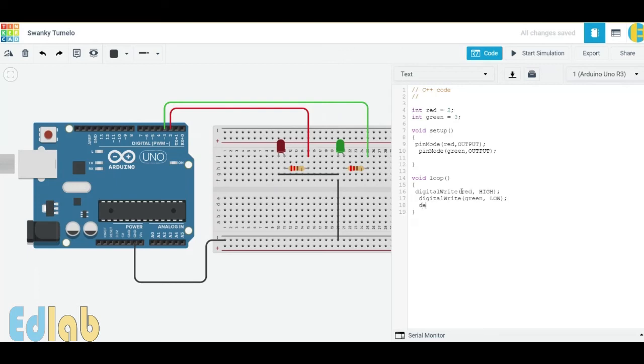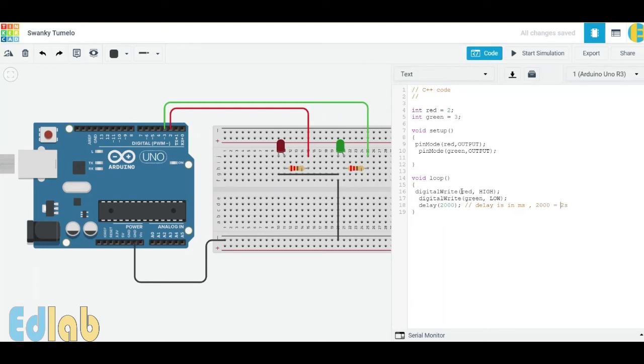Okay, now the delay command. The delay command is used to provide a delay between the instructions. Double slash is for comments. Whatever we type after double slash will be bypassed by the program and the program will not read it. 2000 is equal to 2 seconds.